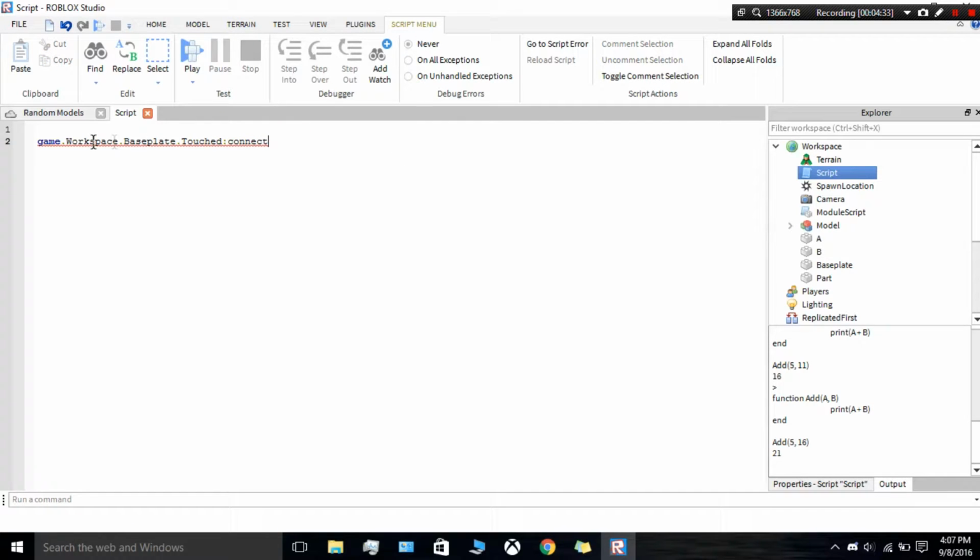This starts it, allows it to work. Function. Now, here, the argument is actually a function itself. So when touch is fired, it will run this argument, which is here, which will be the function that has not been made yet. You can do normal arguments like A, B,